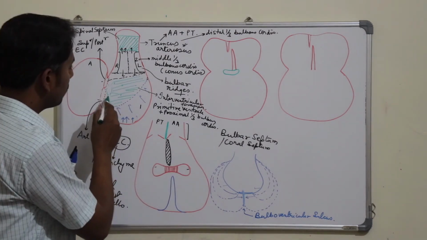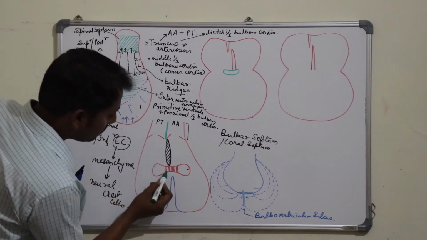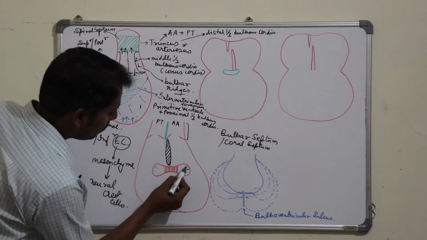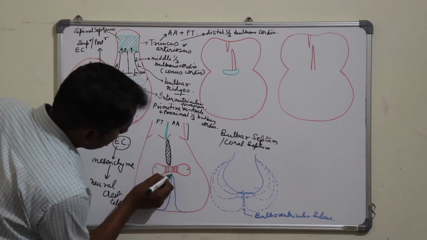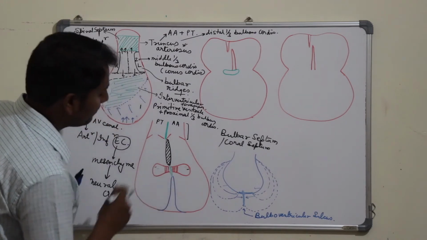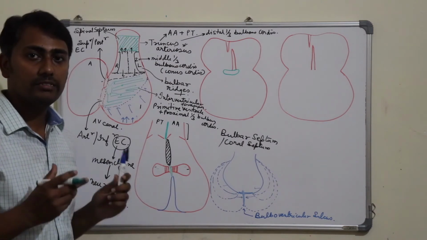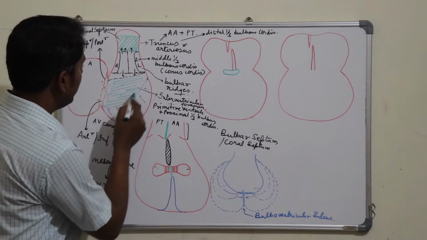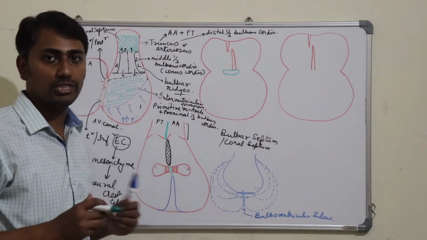Now we can put this proliferation of the endocardial cushions in this diagram also. This was the fused AV cushions which divided the AV canal into two openings. So these cells proliferated and filled the gap between the bulbar septum and the muscular interventricular septum to form the complete interventricular septum. Now a point to remember is that this proliferation of the endocardial cushion occurs from the right part of the endocardial cushion.